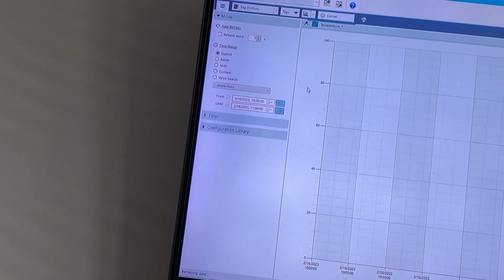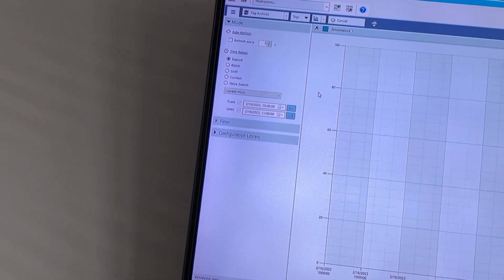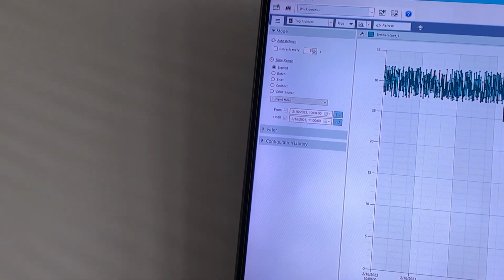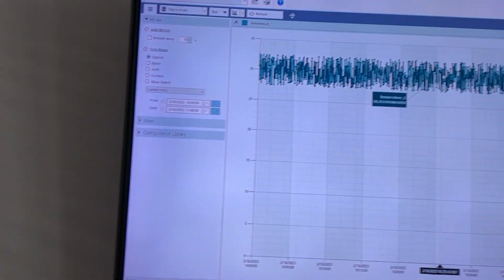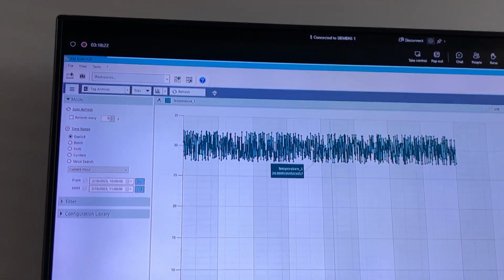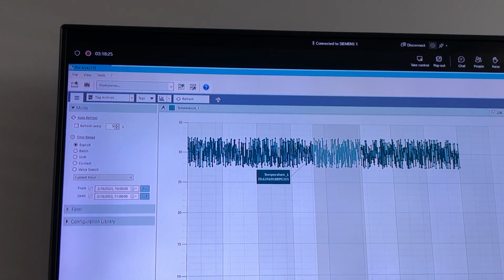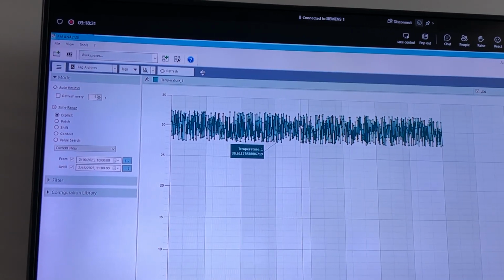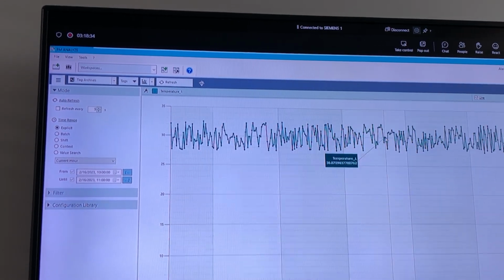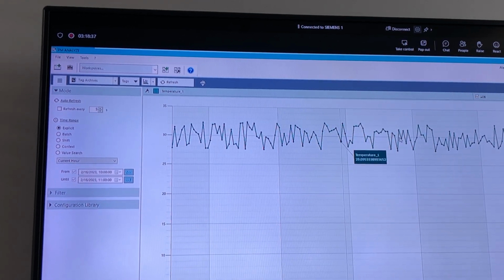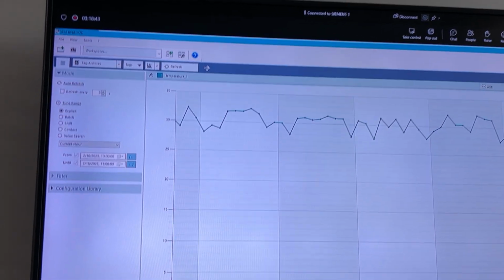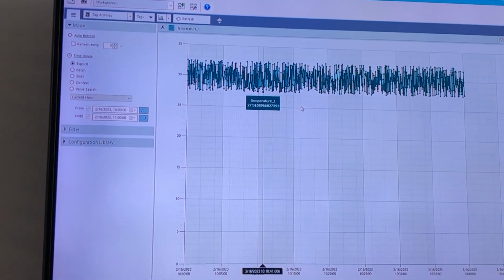After it is finished, we see all the data points we have available for temperature 1, so all the data we have stored in the tag archive. What you can do here is, for example, zoom in. For that, you can do a left click, hold the left click, and select the time range, and then you can zoom in inside of this diagram, so that you can see a specific thing here. And using this button, you can zoom out again